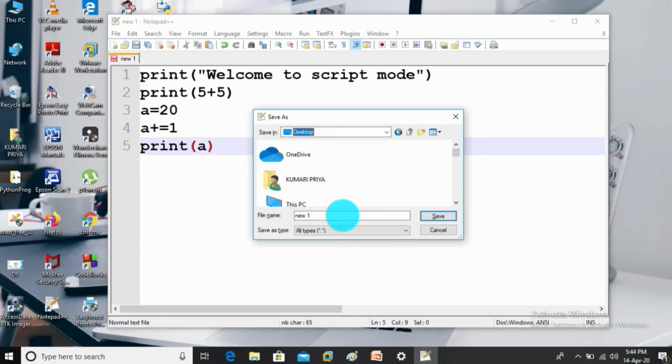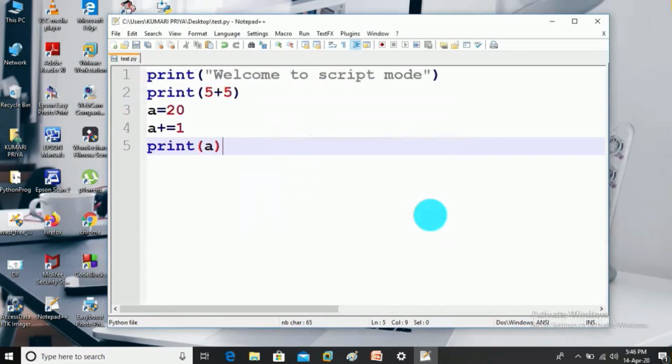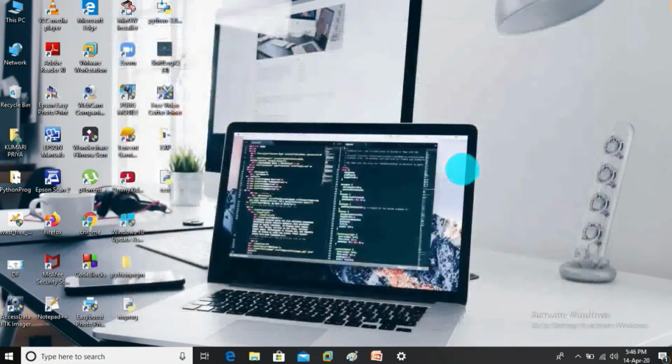Name this file with a .py extension, short for Python file. So I name this file test.py. Now save it. So guys, you can see over here the file test.py.